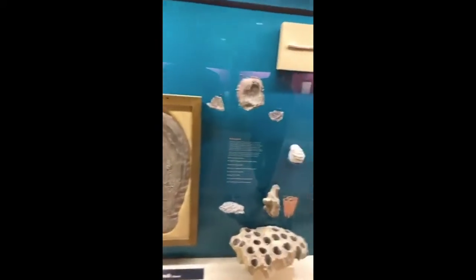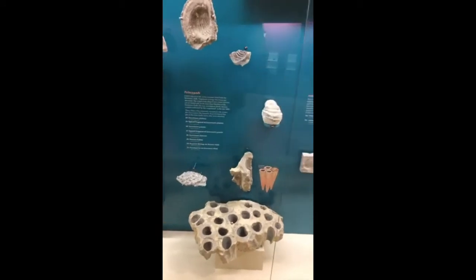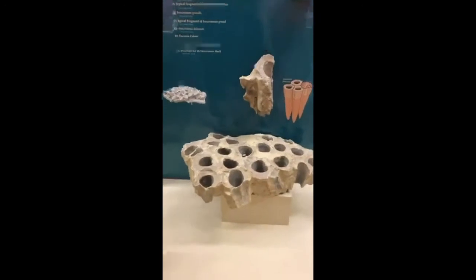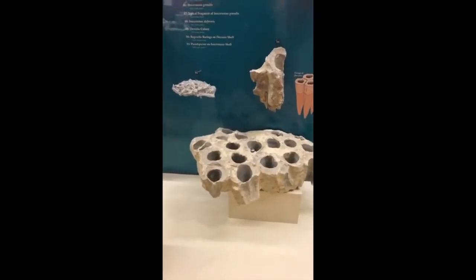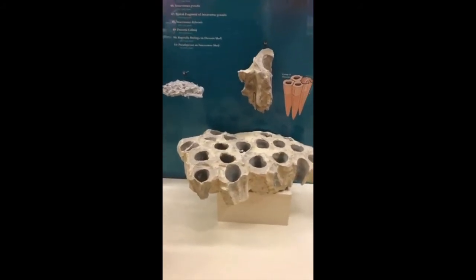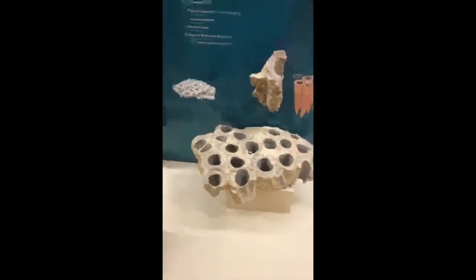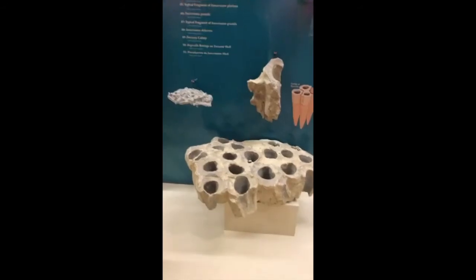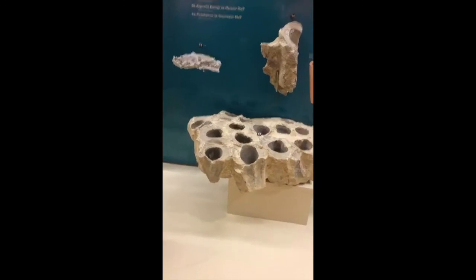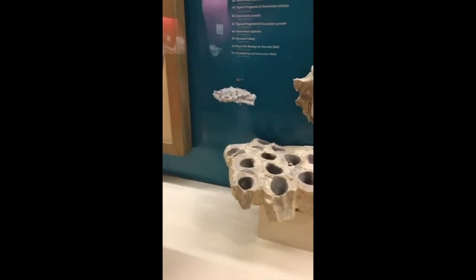We also have, in this area, a cool kind of bivalve that do a different sort of thing. They're called rudist bivalves, and this is a type called Durania. It's weird because it's hard to tell that they're a clam, but these particular ones lived sort of communally. Each of these little holes in what looks like a honeycomb is an individual clam shell, and they grew in these colonies. So their shells actually cemented together,